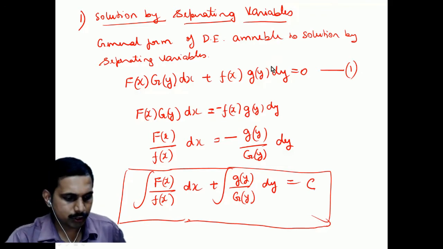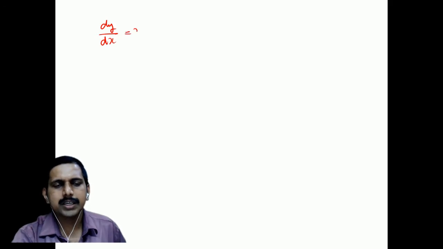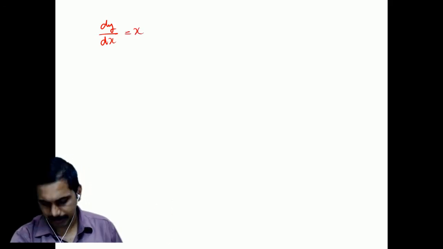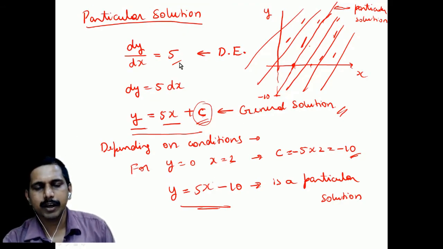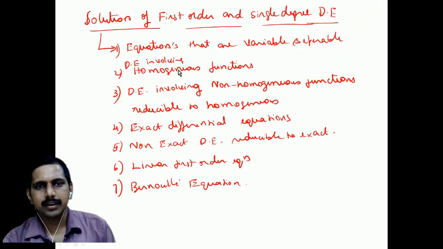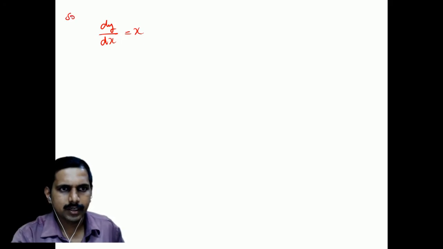Okay, let us solve some equations. Now, one solution I had in my mind, so let me do it. Let me have dy by dx is equal to x. Simple equation. That time what did we have? dy by dx is equal to constant. Here you see it was dy by dx is equal to constant. So we are increasing in order. Okay, so solve first the simple one.